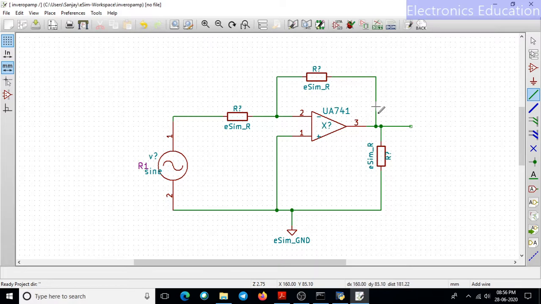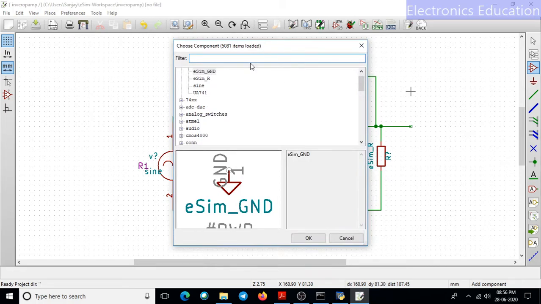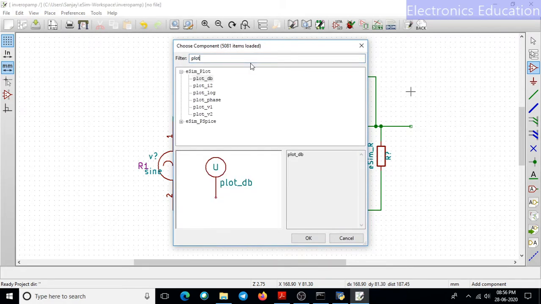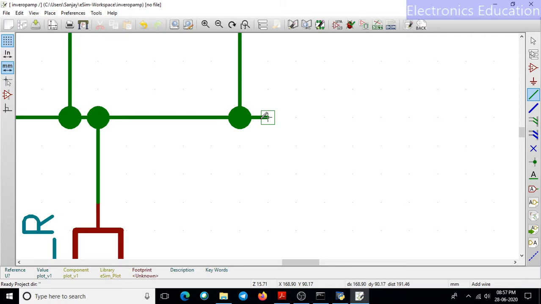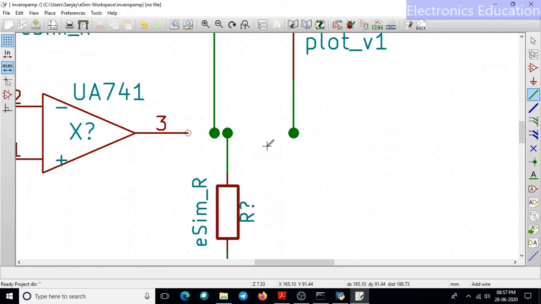Okay, now we want to see the waveforms, input waveforms and output waveforms, so we need to introduce a plot here. So similarly again we will go for place component. I will click it here. Now I will write here plot. So esim underscore plot. Under this head you will find a plot underscore v1 component, so I will click OK and place it here. Now this particular thing needs to be connected here like this. Now again this particular part is unwanted, so I will delete it. So basically it will delete the whole wire, so I can reconnect it